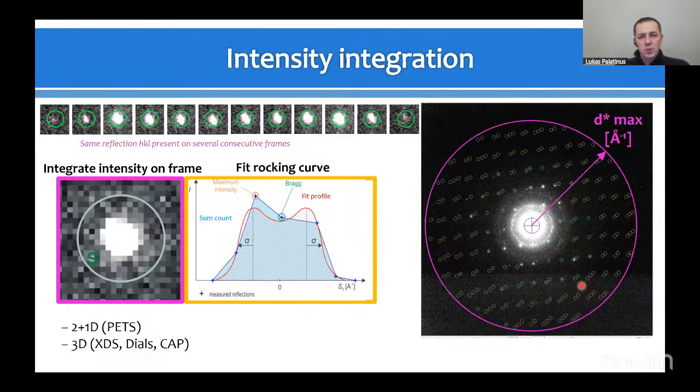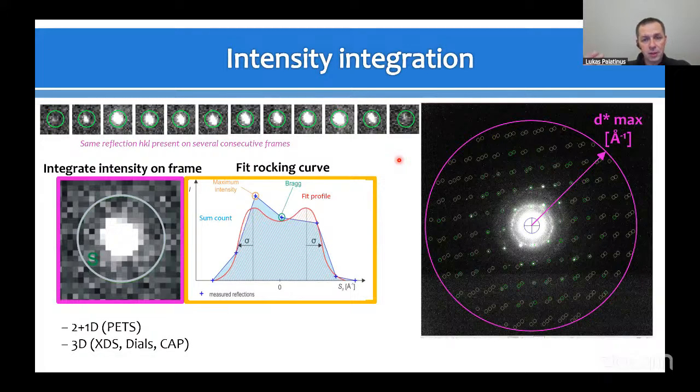Okay, so once we find the unit cell parameters, we can go back to the diffraction patterns, and now we can predict where we expect reflections to be, and then we need to extract the intensities from the diffraction patterns. It's important to predict all the positions, including the positions where there are no peaks. So we are not only looking at where we see peaks, we are also looking where there are no peaks,